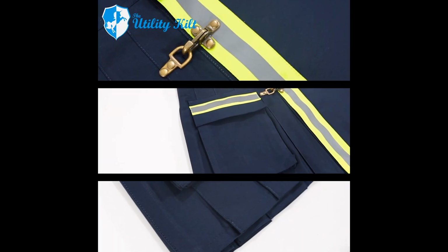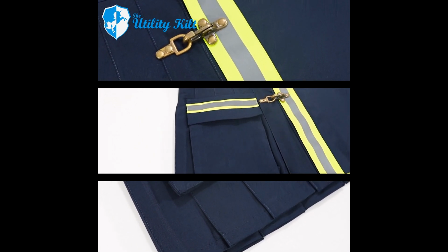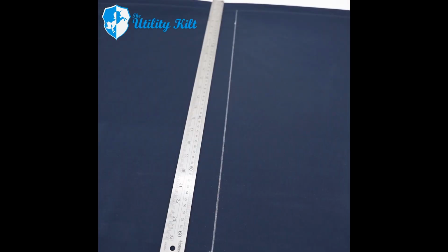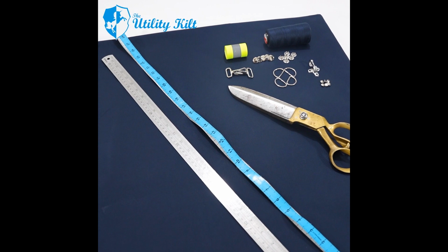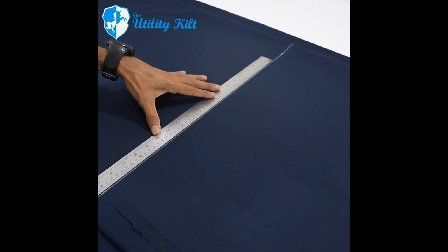Today, we are going to discuss the essential steps that will guide us in making a modern navy blue firefighter kilt. First, determine the basic needs of fabric, which depend upon the measurement and kilt length. You will need cotton fabric, reflector tape, thread, a sewing machine, scissors, pins, a measuring tape, and a ruler to make this kilt. Measure your waist at your navel and the widest part of your hips, and also the desired